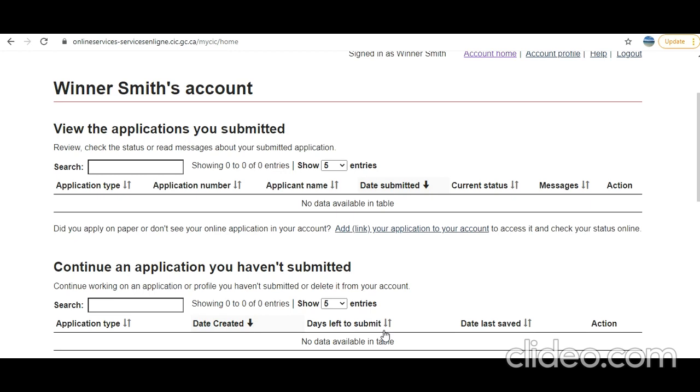So guys, we know that for an open work permit there are certain criteria, certain conditions you must meet. For the purpose of this video, let's assume there is a person whose name is John Smith. He is in India and his wife Elizabeth Smith is doing an NOC A level job in Canada, and that is why he is applying for this open work permit. His wife is on a closed work permit and he is applying for an open work permit to join her.